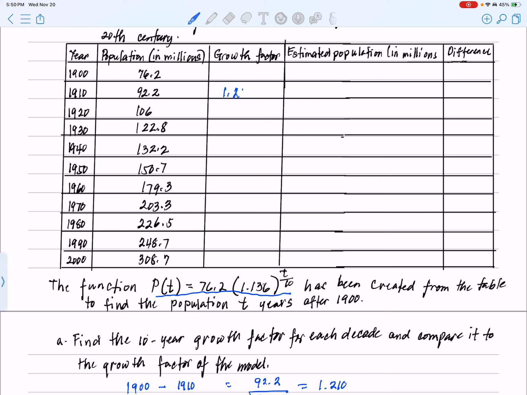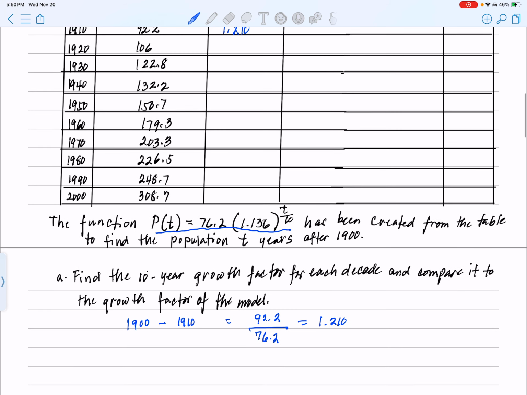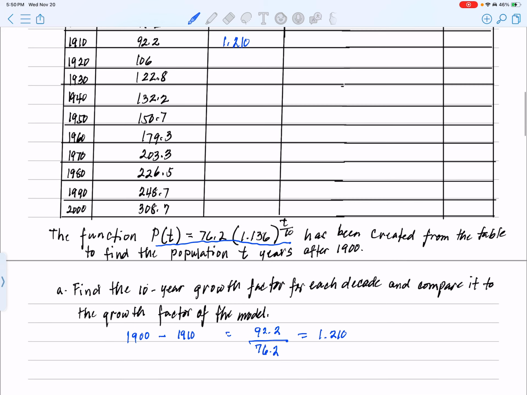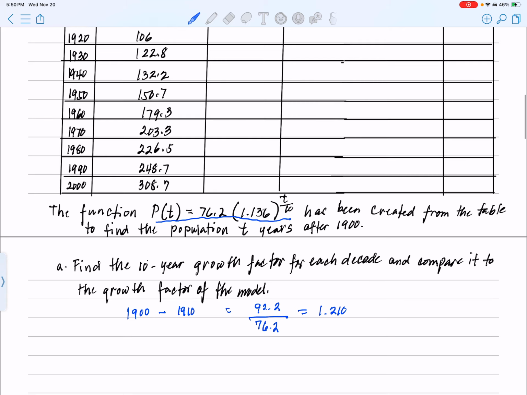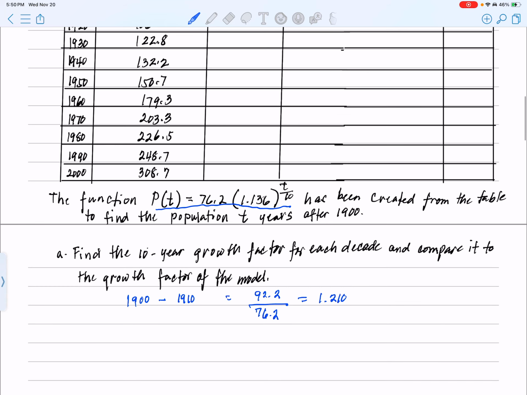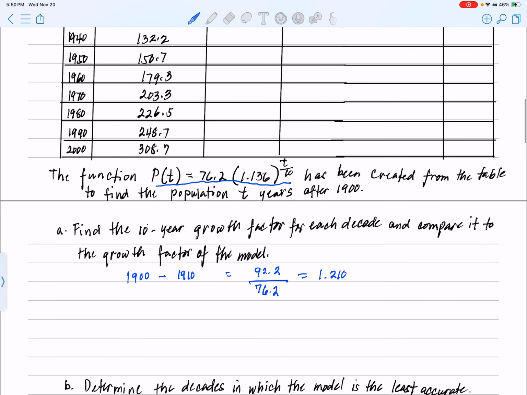Now, to complete that column for growth factor, you can do the same thing from 1910 to 1920. So if we do that, 1910 to 1920,